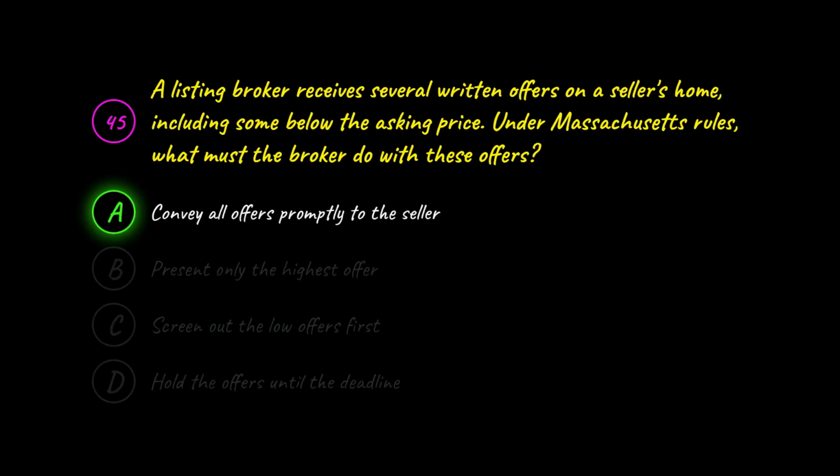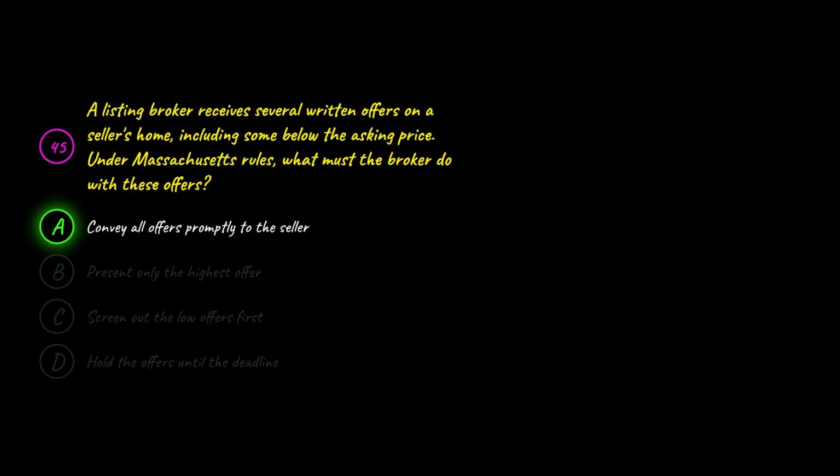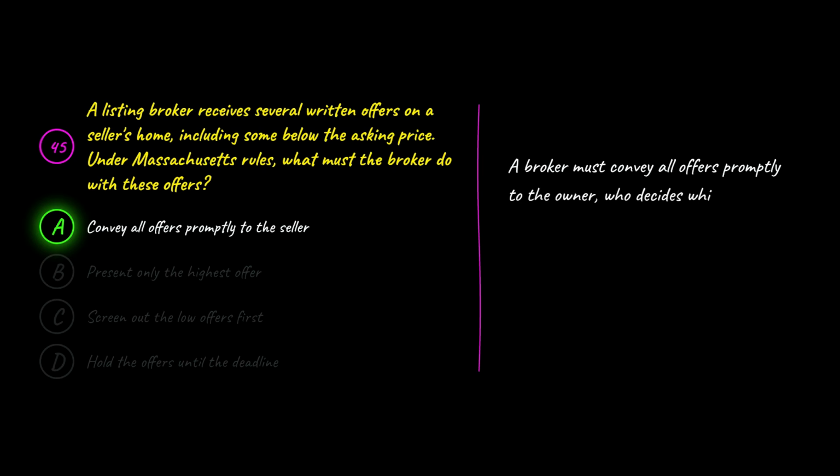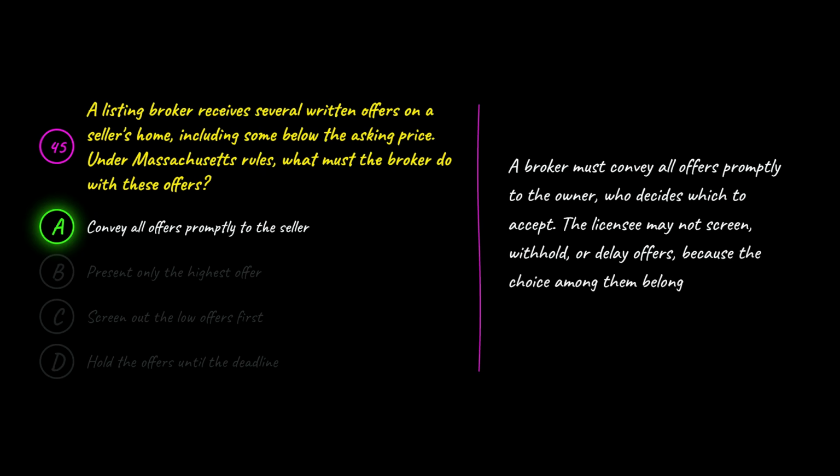The correct answer is A. Convey all offers promptly to the seller. A is correct because a broker must convey all offers promptly to the owner who decides which to accept. The licensee may not screen, withhold, or delay offers because the choice among them belongs to the seller, not the